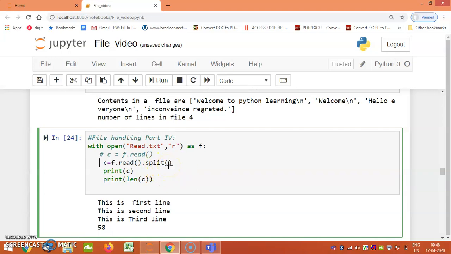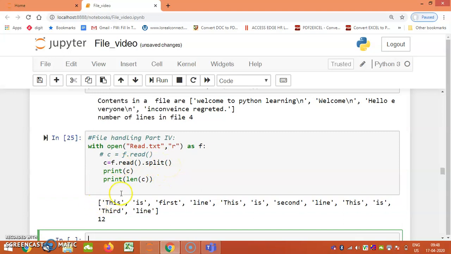If I execute this code, you can see this is one word, then first line, this is second line, all comma separated, all in the form of a list. The list got separated over a space.